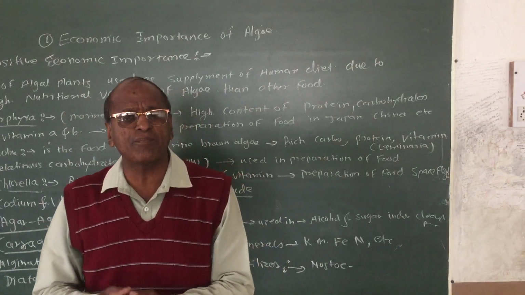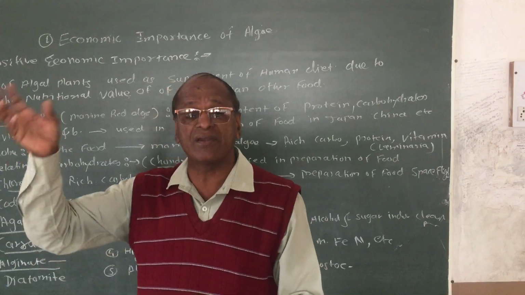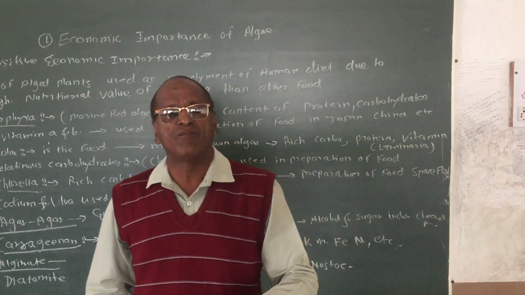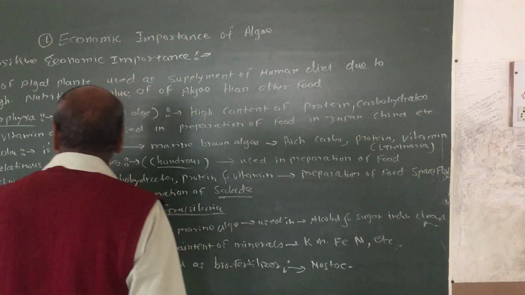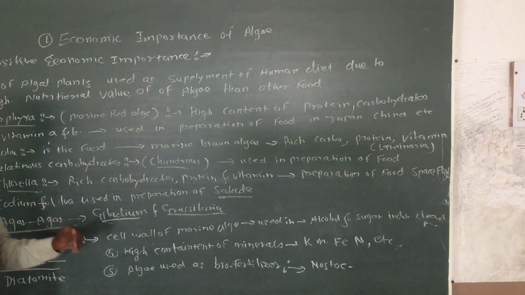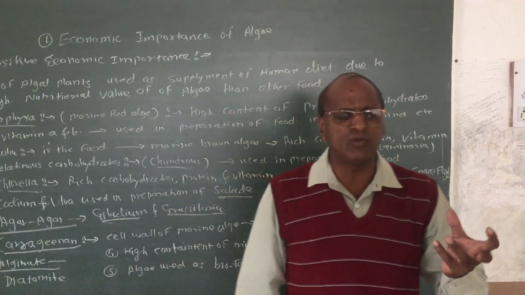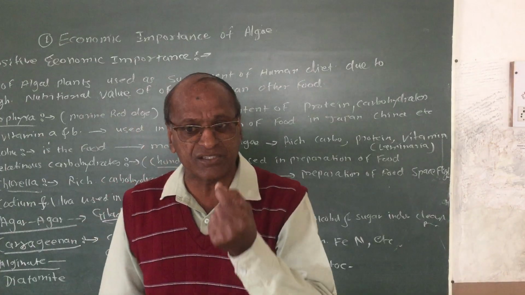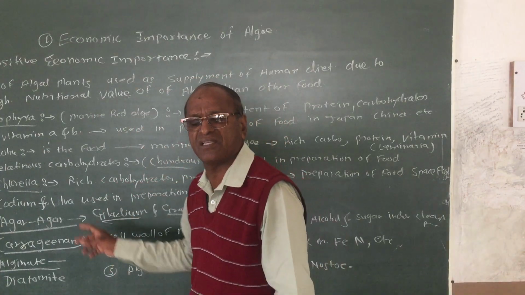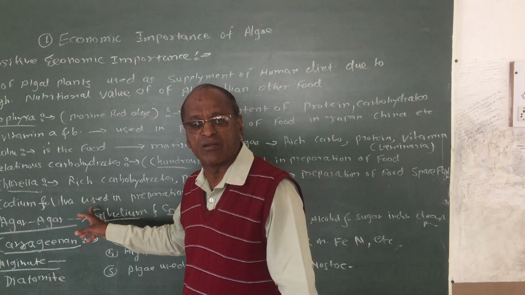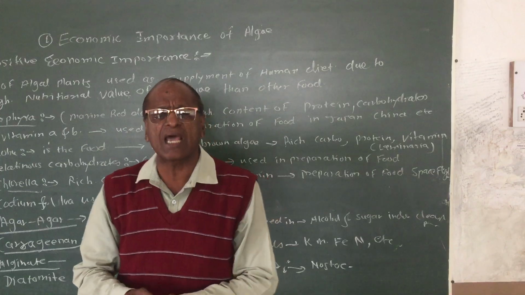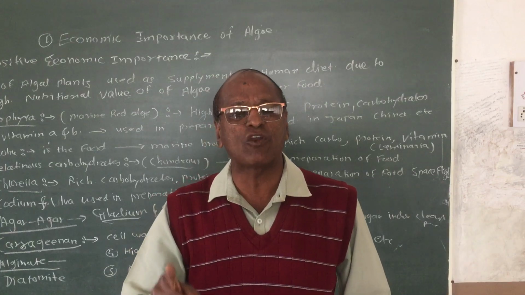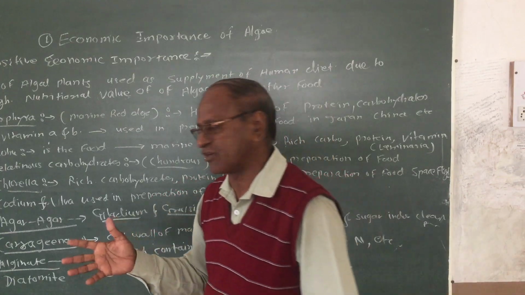A number of industrial products may be prepared by different industries, and these industrial products may be commercially important for human beings. In those industrial products, we will study agar-agar. Agar-agar is actually prepared from the Gelidium and Gracilaria species. These species mostly grow in marine water. From these species, agar-agar may be extracted, and this agar-agar is utilized in the preparation of ice creams as well as preparation of